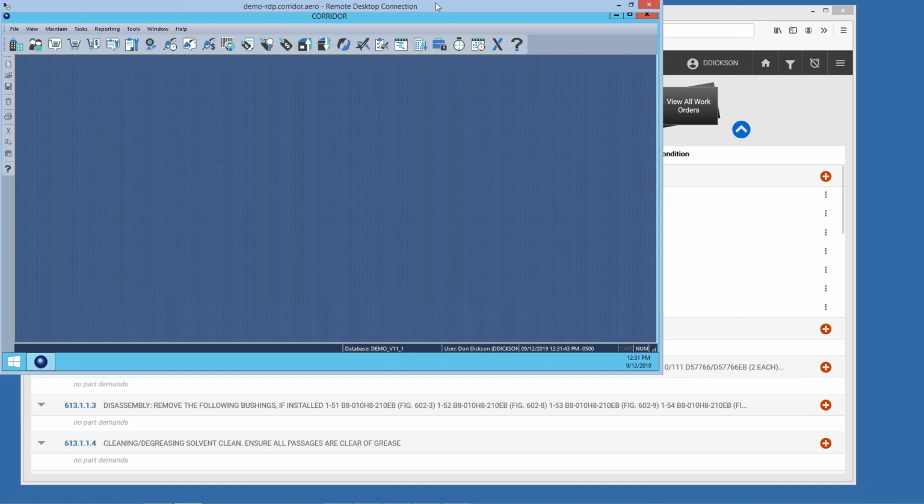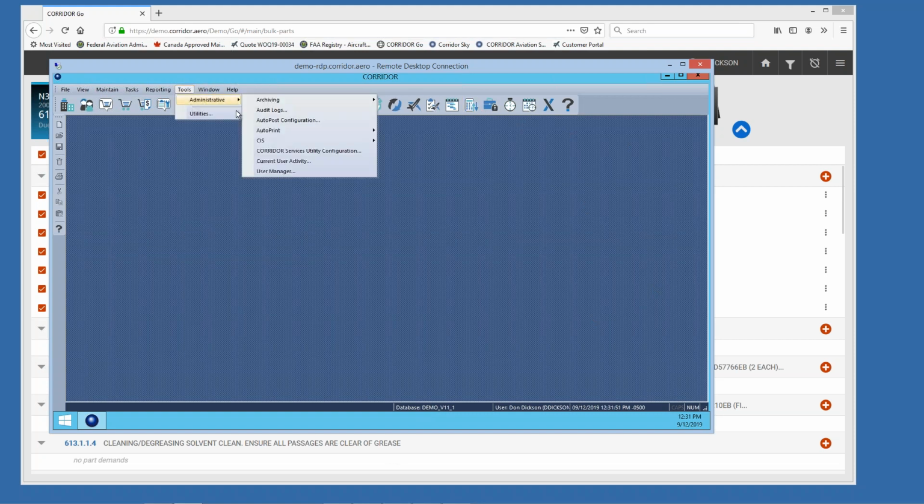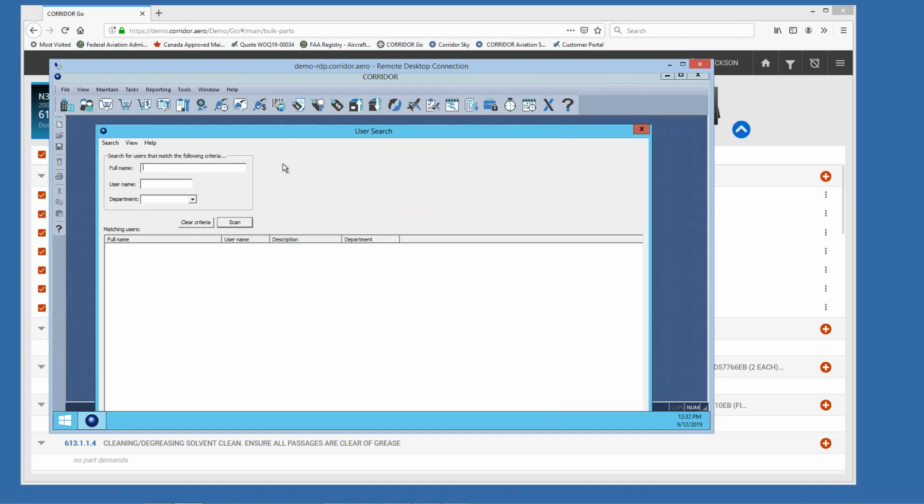So on a setup, and sorry, my RDP is not expanded all the way, so hopefully you can see it. Yeah, we see it fine on our end. Okay, great. If I go in, File, Open,